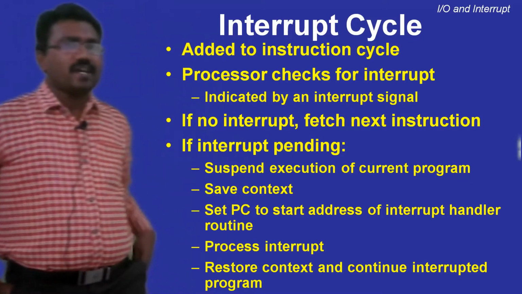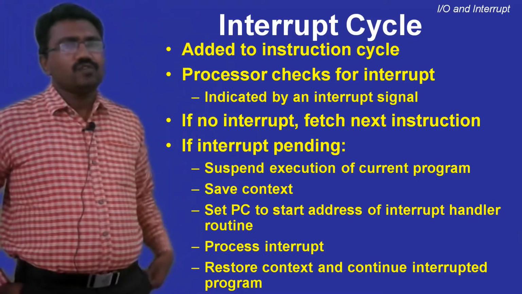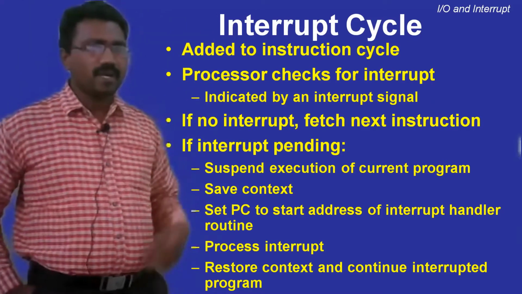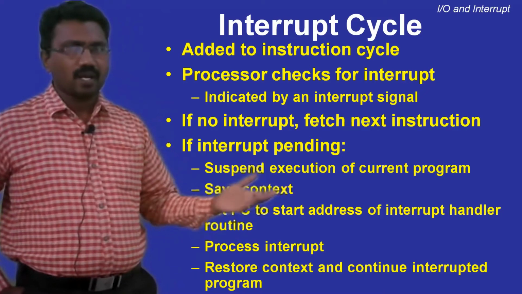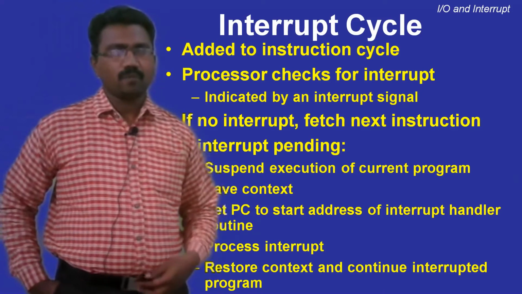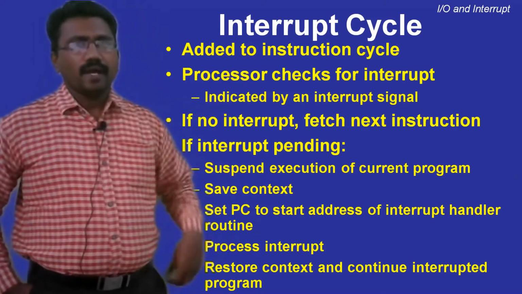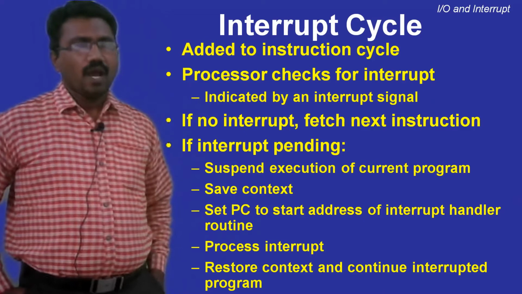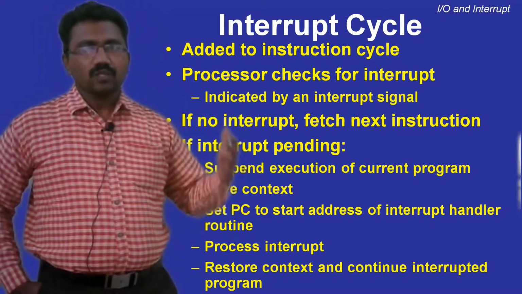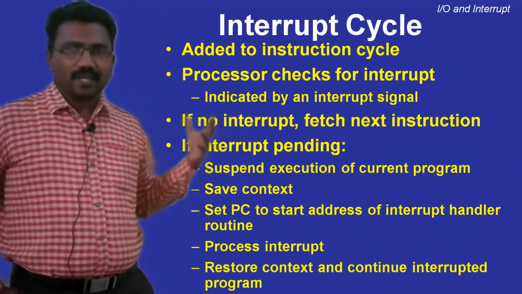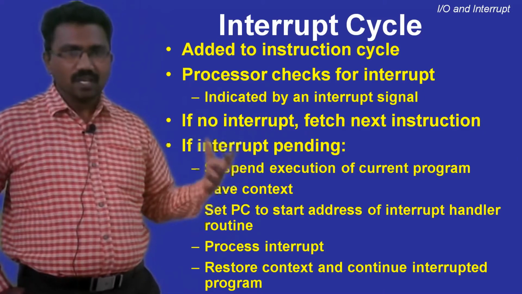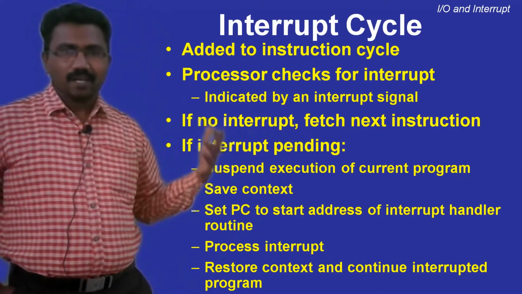Okay, so what is an interrupt cycle? The interrupt cycle is added to the instruction cycle. After execution of every instruction, the processor will check whether an interrupt is pending or not, whether any requests are pending. If any interrupt is pending, the processor suspends the currently running main program, then control goes to the requested interrupt service routine. Before control goes to the requested interrupt service routine, it stores the present running program context in some location. That means the return address of the present running main program.